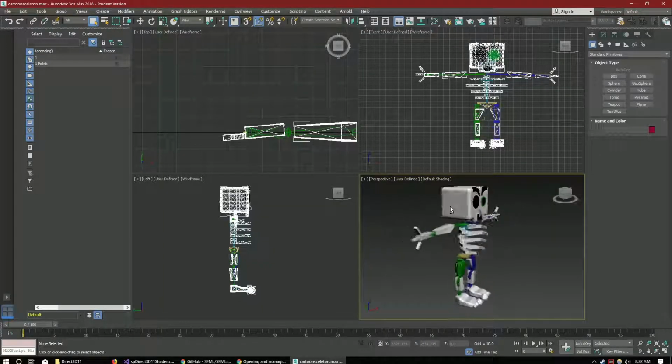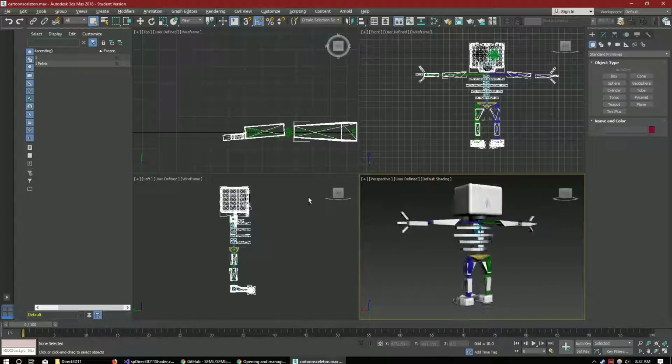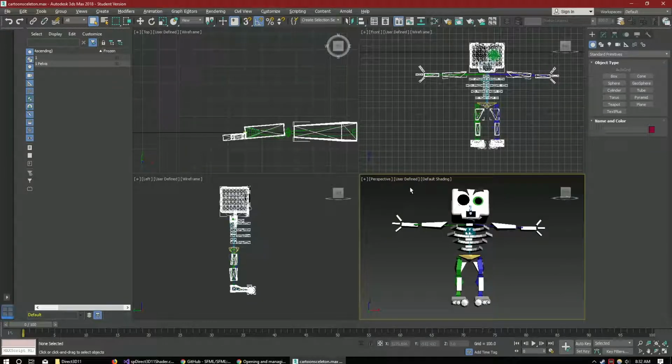So here's my assets. This is the first one I got. This one's free to use for any purpose, and I think it's a good starting point for enemies. And you can see it's already rigged, and I'll just